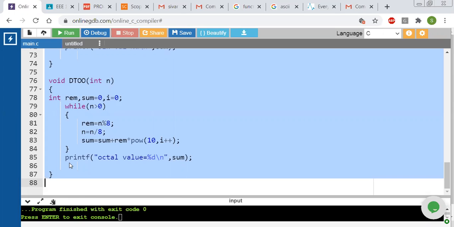But if we understand this program, it is very easy for us to write it. That is the main important thing. Remembering 4 pages is not that easy, but if you understand this one, it will be very easy for us.